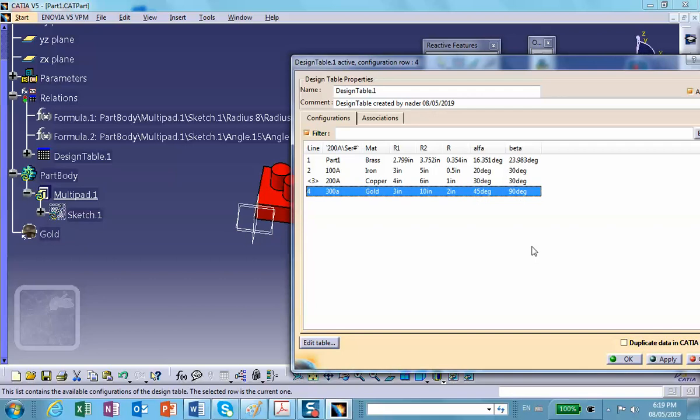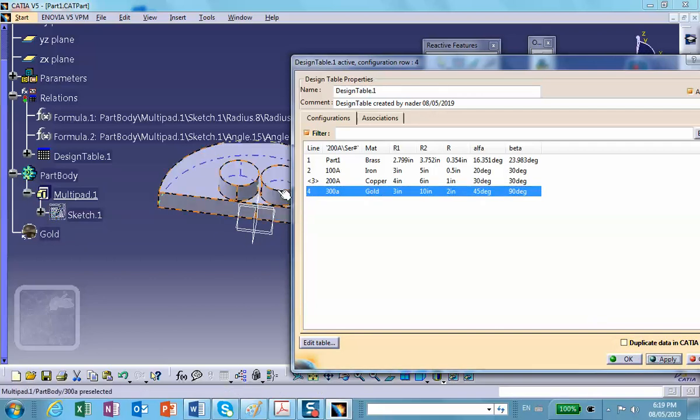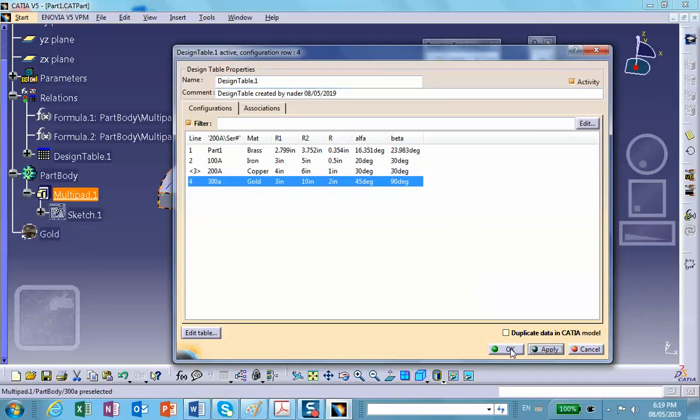Material is changing, name is changing, and dimensions are changing as I wanted. So that takes care of this last video segment on design table using renaming. Save everything,